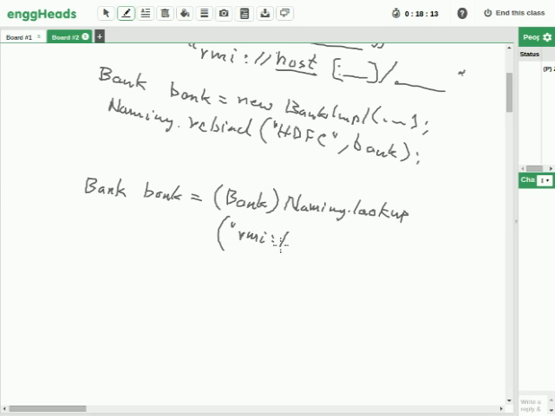rmi://, the host where your remote object is, that host, IP address or whatever, colon port number optional. I'm assuming it started on 1099, and if I'm not giving a port number, slash the name by which that object has been bound. How will the client know this name? The client must be knowing. Suppose the client doesn't know,